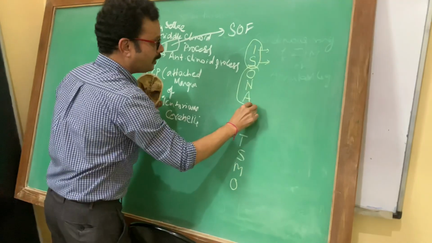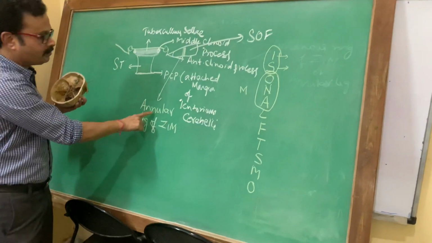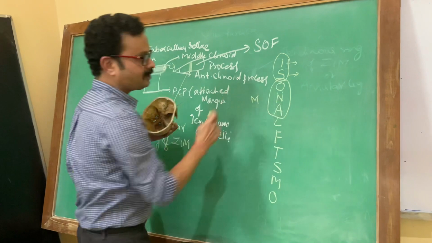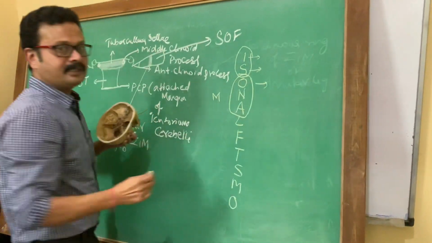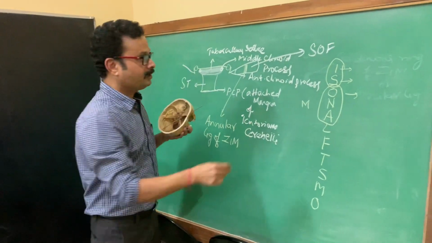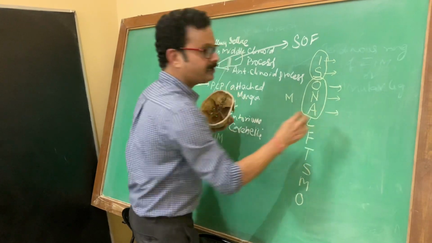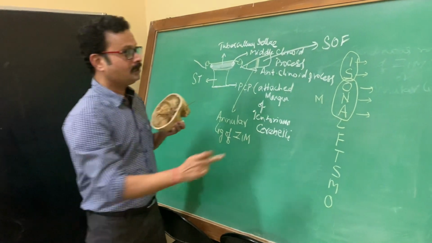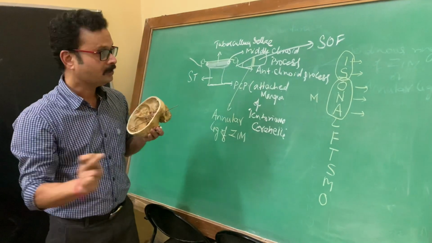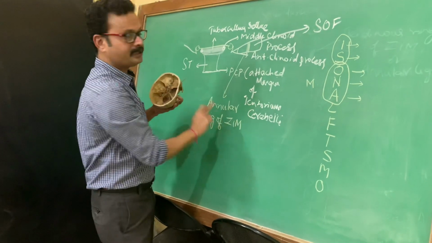Next three, these three are the contents of middle compartment. That means which pierce the tendon. Which tendon? Annular ligament of Zinn or tendinous ring of Zinn or annular tendon. These three structures pierce. And what are those three? O stands for oculomotor nerve and its two divisions. N stands for nasociliary nerve and A stands for sixth cranial nerve, that is abducent nerve. Is it clear? Oculomotor nerve and its two divisions, nasociliary and abducent nerve. These are the contents of middle part of the superior orbital fissure piercing the tendinous ring.